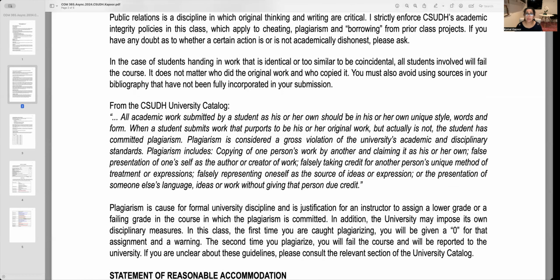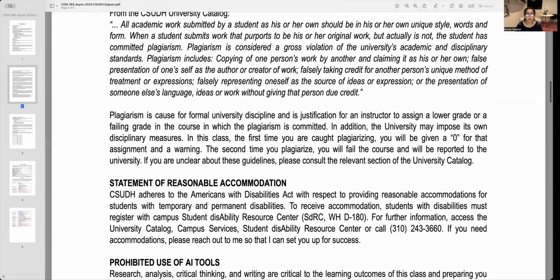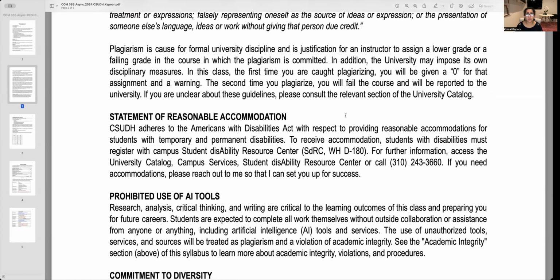Again, there's a lot of reading here to do on the syllabus. Please read it. And the last thing I'd want is for us to take a formal disciplinary action against somebody who cheats. So do not plagiarize. I'm very committed to set up each of you for success. So if you need any accommodations or any help of any kind, I would really appreciate if you get in touch with me early on, so I understand and I'm able to help you.